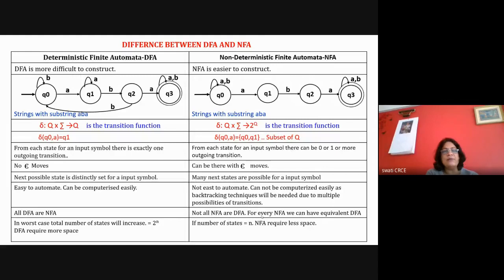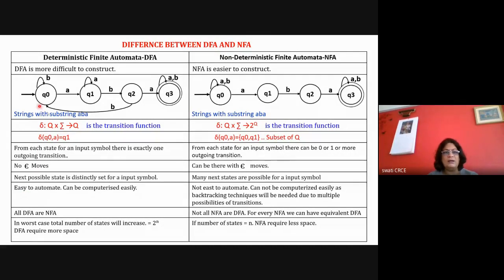Till now, we have studied design of DFA, design of NFA, then NFA to DFA conversion, then types of NFA: NFA with epsilon, NFA without epsilon. Then we have also studied NFA with epsilon to NFA conversion, NFA with epsilon to DFA conversion, NFA to DFA conversion. Okay, and now we are starting with the new topic. We are now concentrating on DFA, where we are going to learn today about the minimization of DFA. Okay, minimization of DFA. So let's have a recap about DFA.